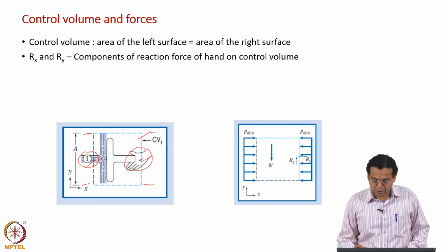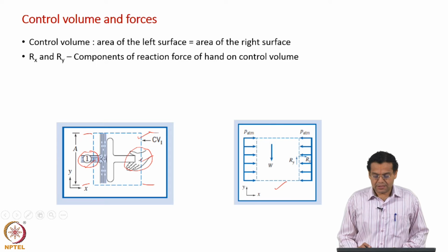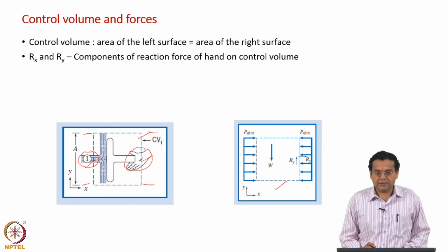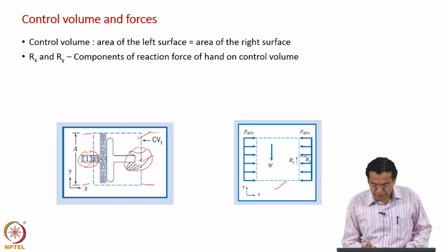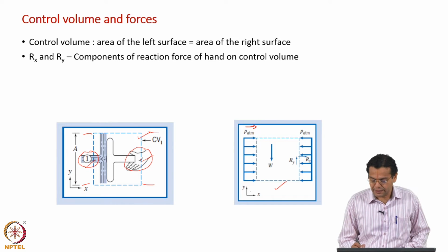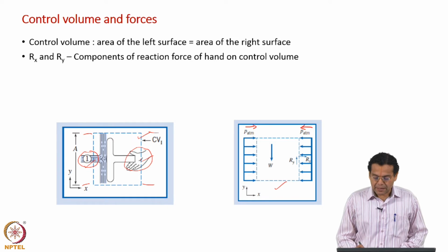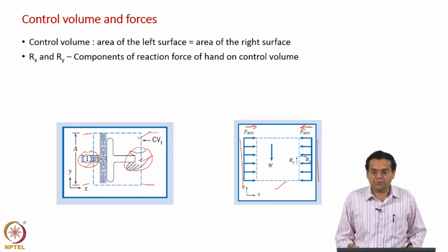Now, all the forces are shown here. Let us look at what are the forces. First is the atmospheric pressure. Force exerted by atmospheric pressure, and we have discussed that pressure is always compressive and acts into the control volume. That is why the direction of pressure is shown to the right here towards the positive x axis, and here it is shown towards the left towards the negative x axis, and we have shown a uniform pressure across the entire area, and just the effect of pressure will just cancel out each other.